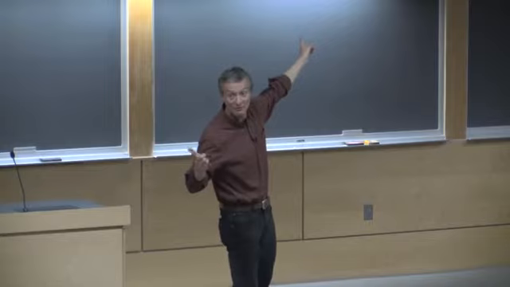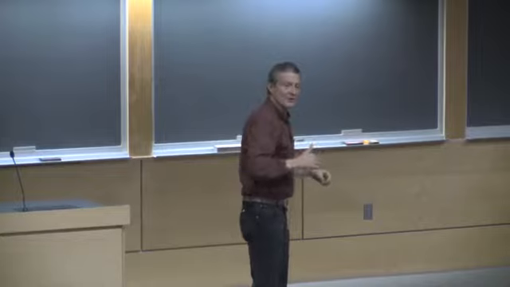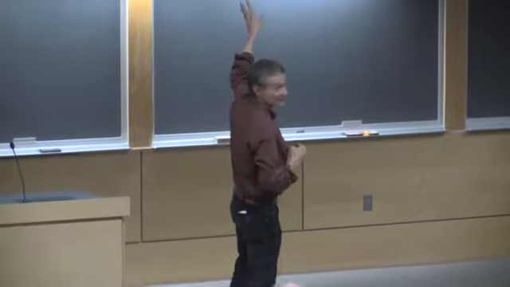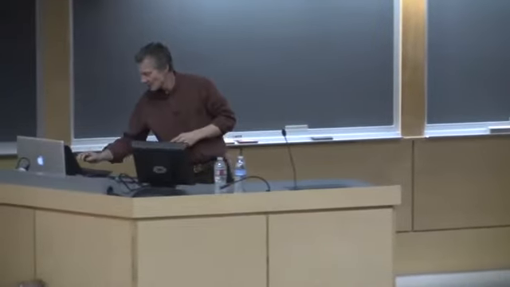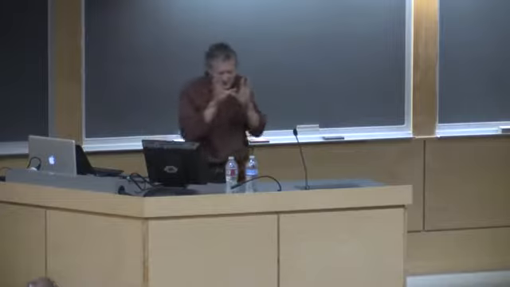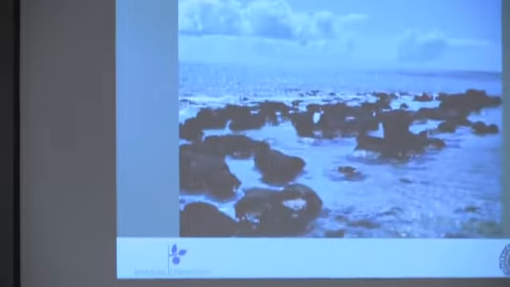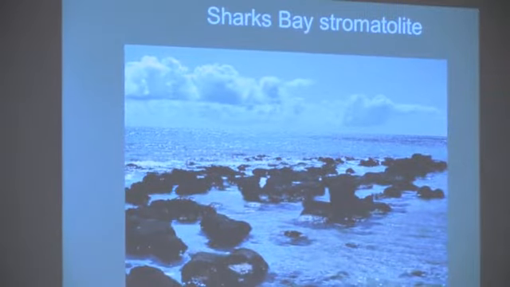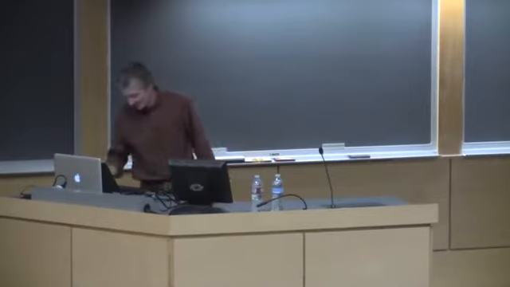So if you ever do go to the Hammersley Basin to look at those banded iron formations, just drive over to the coast and you can see these stromatolites at Shark's Bay. They're absolutely beautiful. And if you squint just a little bit and daydream a little more, and look out over the ocean from the shore in Shark's Bay, you can sort of imagine that this is what the world looked like 2.5 billion years ago, which I think is kind of cool. Got to tune the birds and fish out too. But we'll get back to those guys in just a minute.